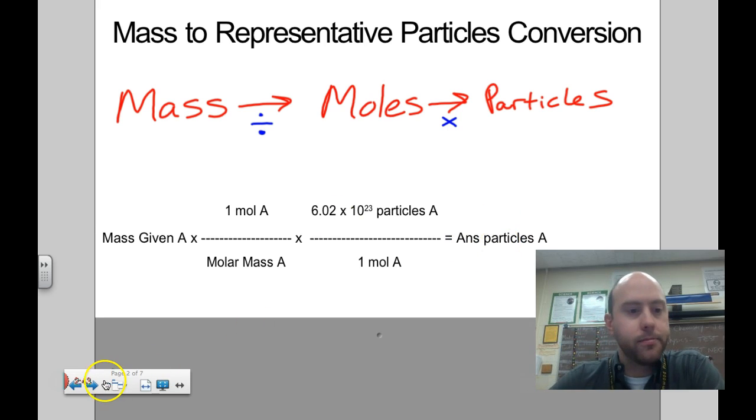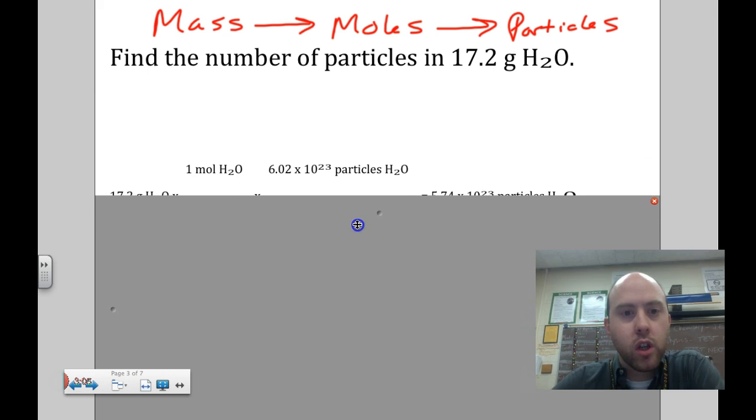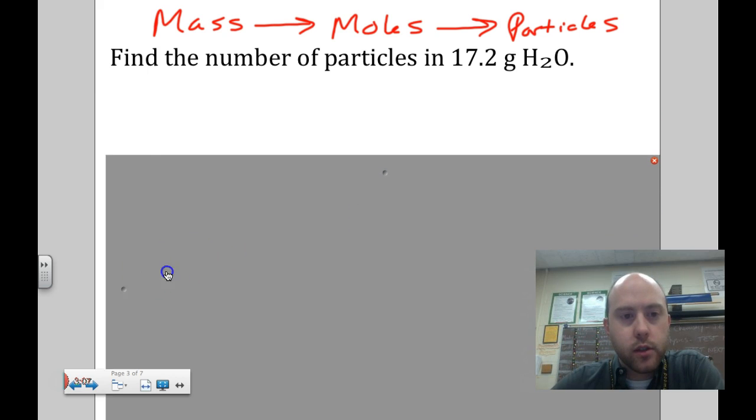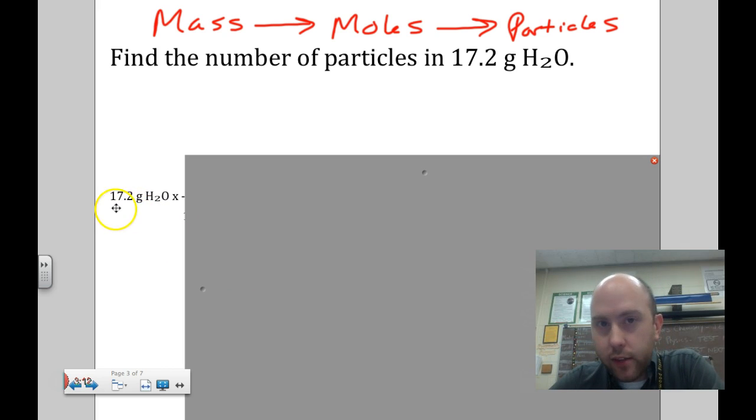For example, find the number of particles in 17.2 grams of H2O, of water. So again, find the number of particles. I'm trying to find particles, and I started with mass. So this is a mass to particles problem. So for this one, you would write down the number you start with,